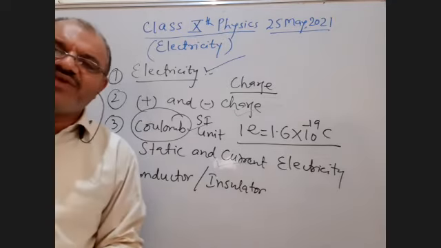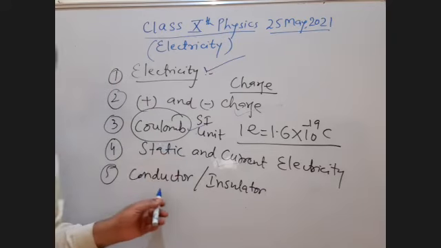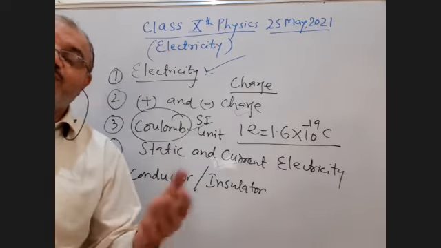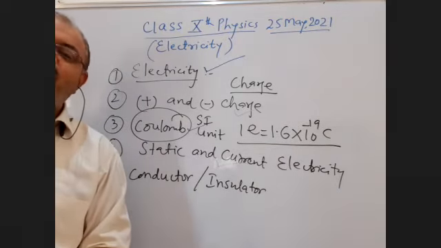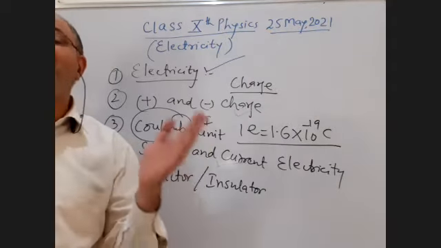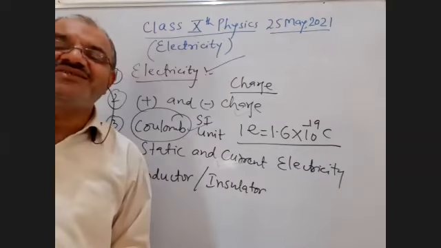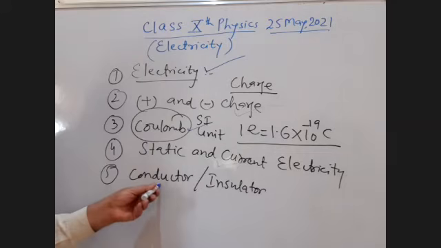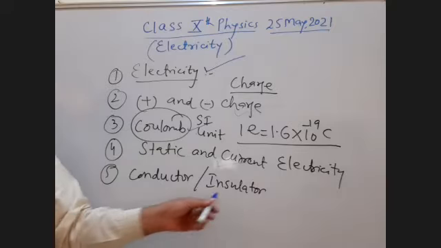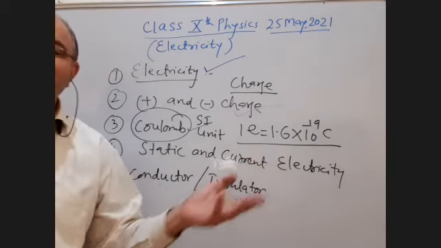Now, student, there is a very, very important question for competitive exams. Conductors have very low resistance. Very important point: conductors have very low resistance, which means they oppose the current very little. It means they allow the current to pass through the material, so that's why they are called conductors. Metals are generally conductors. And students, insulators are, for example, rubber, plastics, wood, glass, etc.